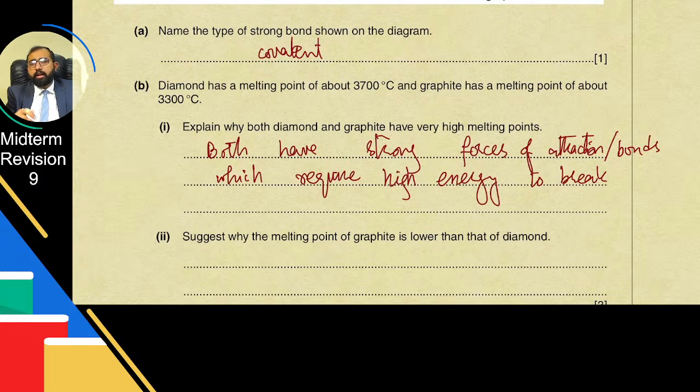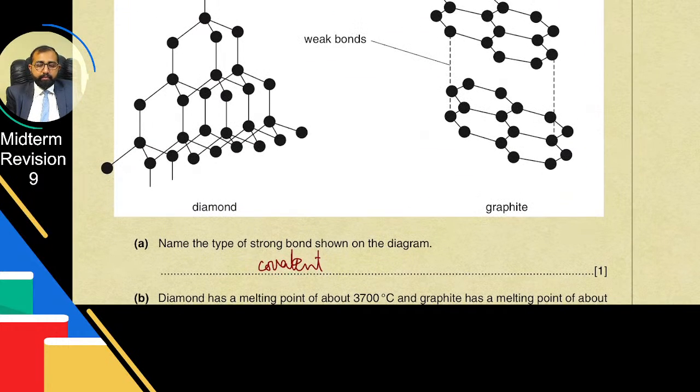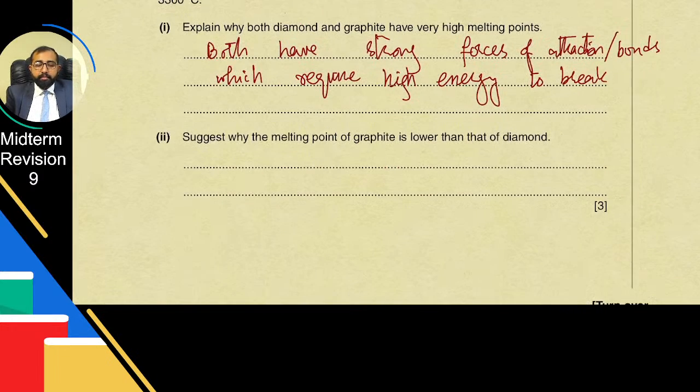By the way, गलत इंग्लिश में मार्क्स नहीं वो काटता. Suggest why the melting point of graphite is lower than that of diamond. Again, you can clearly see diamond has more bonds, graphite has lesser bonds, and that is why the melting point varies. So each atom in diamond